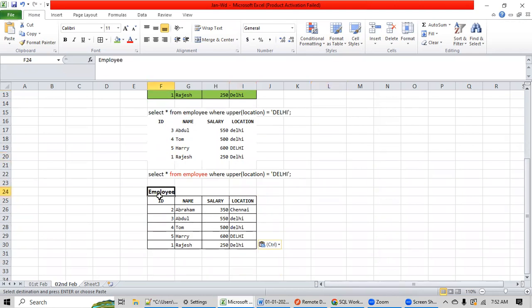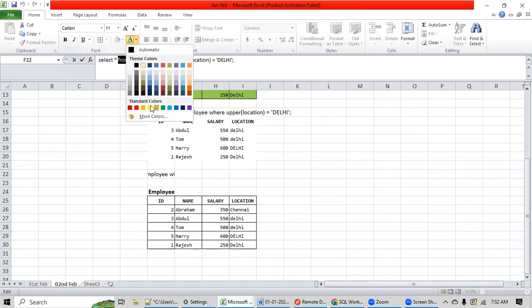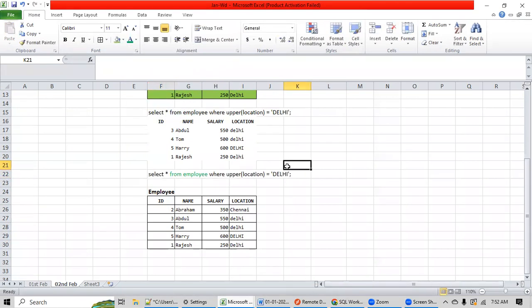So from employee, we have taken a copy of the employee table. After from, which keyword will you execute? Where. So the from employee task is done, and after from, we will execute the where keyword. One more thing, you should also challenge it.